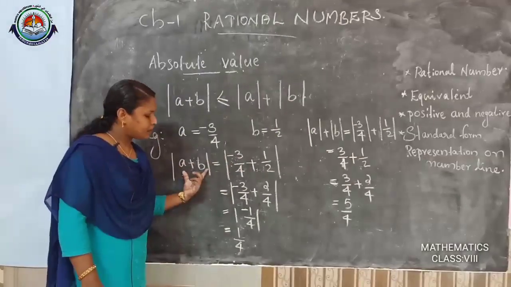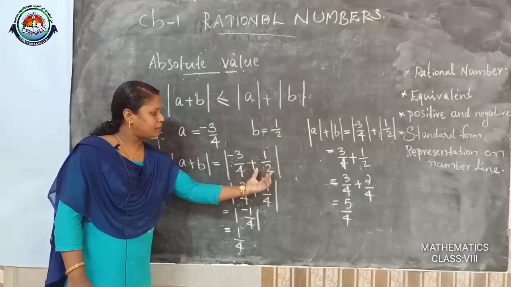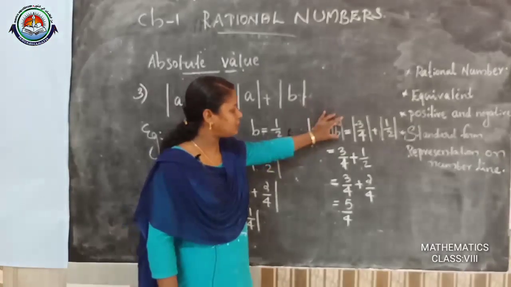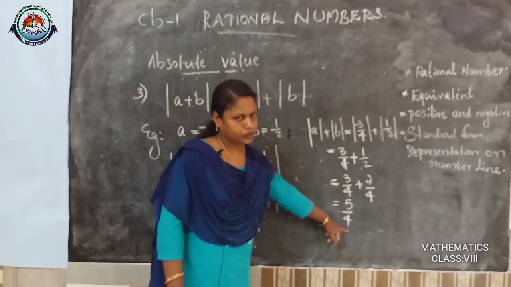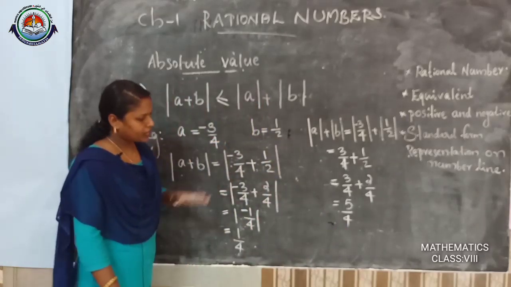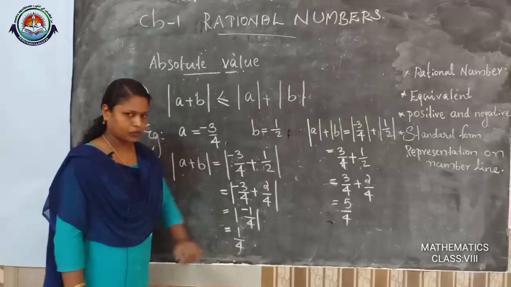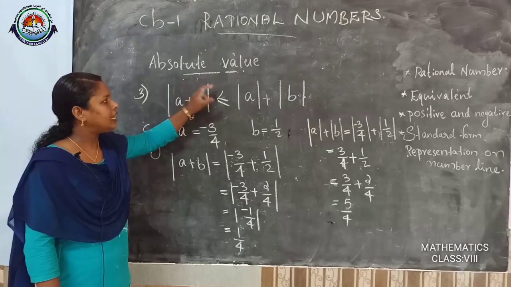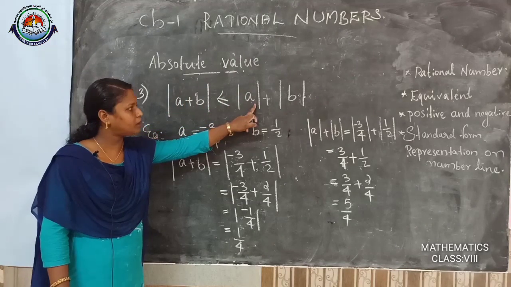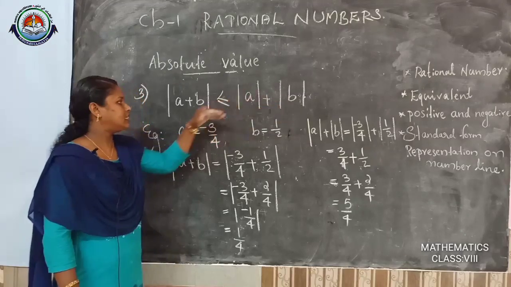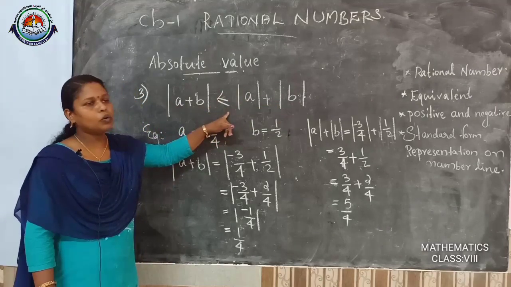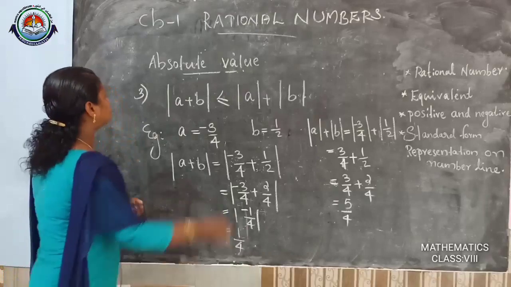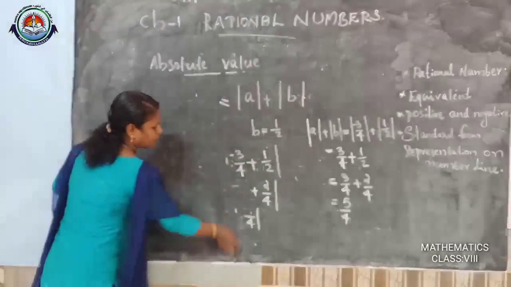Absolute value of a plus b, that is negative 3 by 4 plus 1 by 2, is equal to 1 by 4, and absolute value of a plus absolute value of b is 5 by 4. Okay, which is not equal. 5 by 4 is greater than 1 by 4. So we verified that in some cases absolute value of a plus b is less than absolute value of a plus absolute value of b, and in some other cases it is equal to absolute value of a plus absolute value of b. And the last property, fourth property,